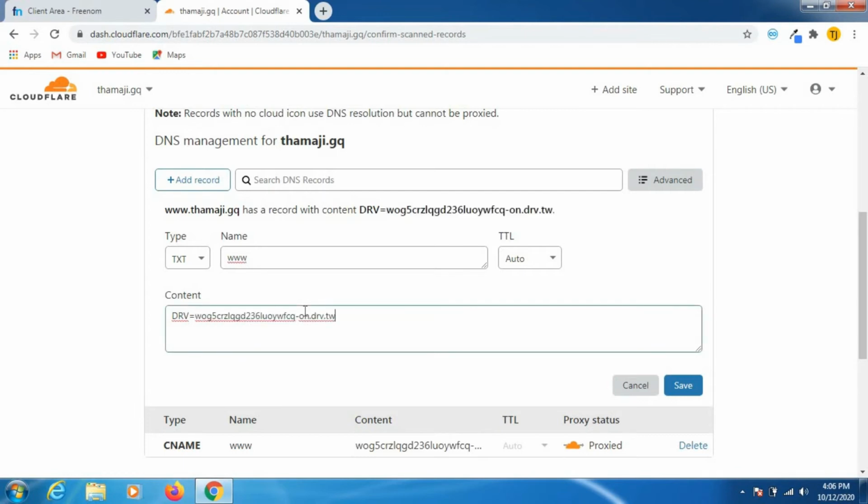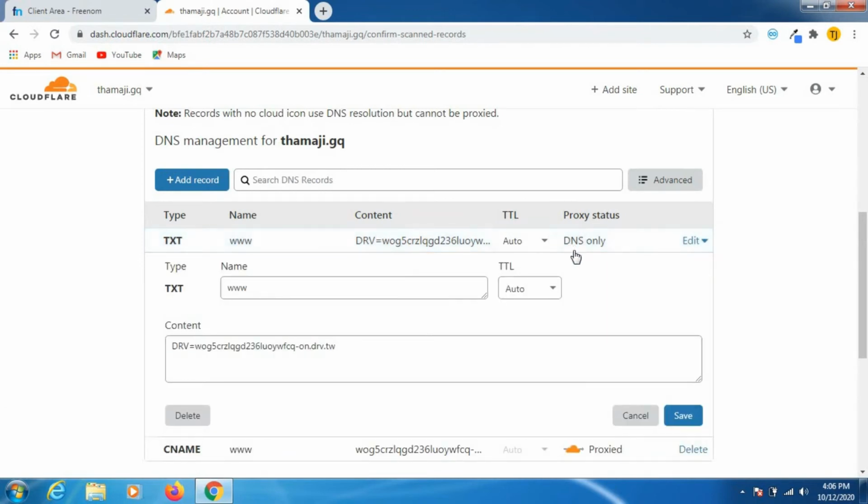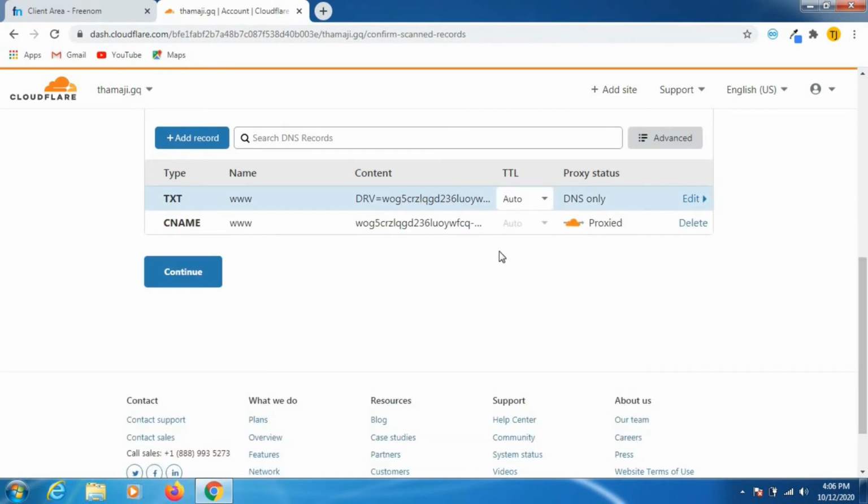Copy, paste this drive to web link. So click on the save button and click on continue.